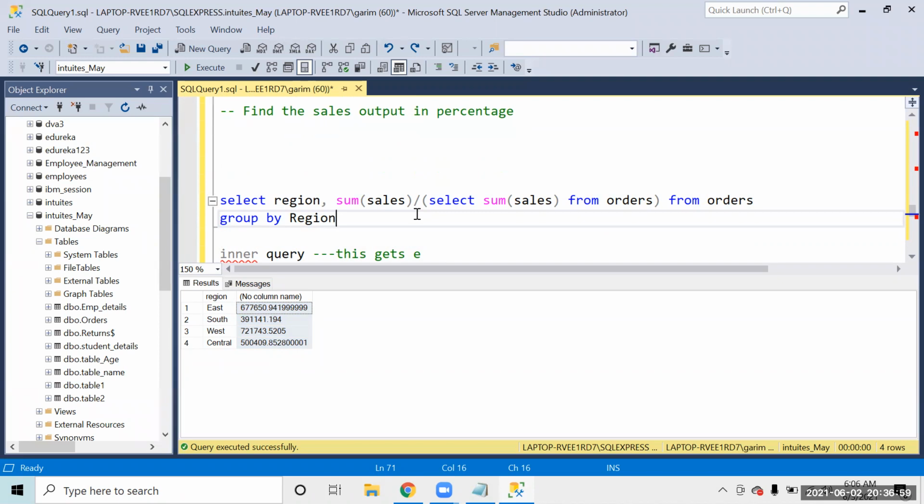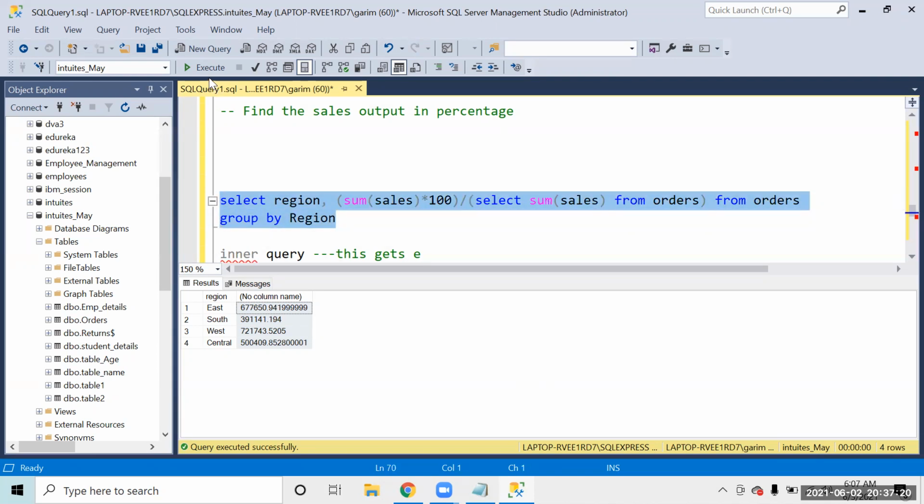Amit, if you want to get it in absolute percentage terms, can we put it into 100 over here? Yeah, you can put this multiplied by 100 over here. So if I write into 100, sum of sales into 100 divided by this total sales, we can do that. And we can also apply a round function, which I'll tell you. We will do the rounding off as well, so that the number output comes up to 1 decimal place or 2 decimal places. Okay.